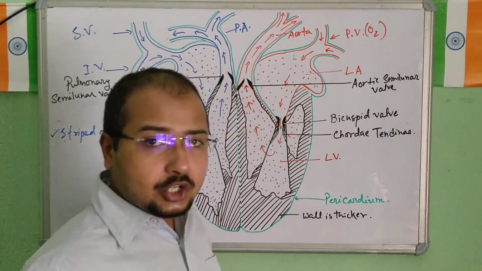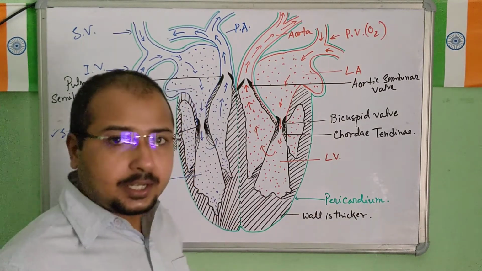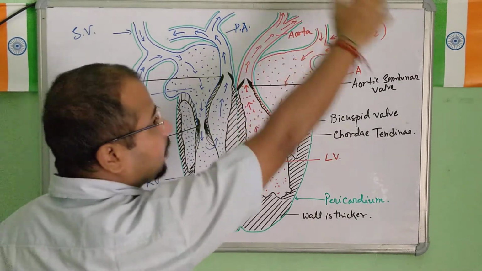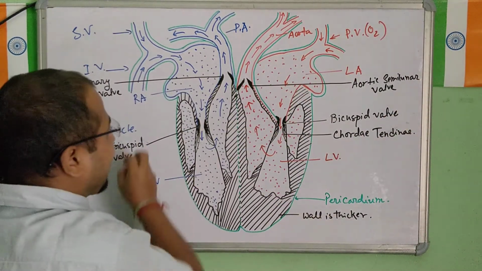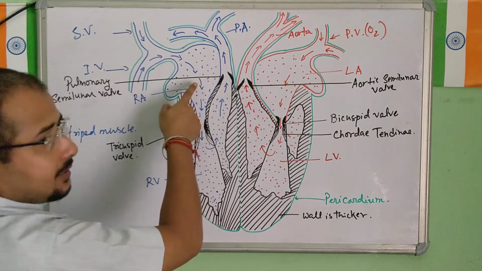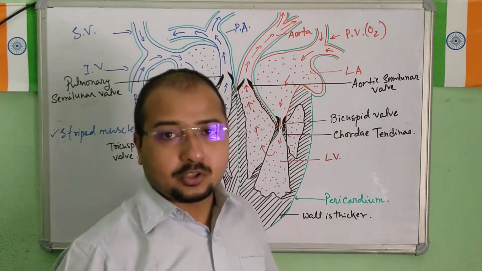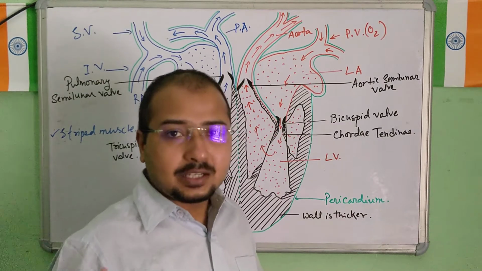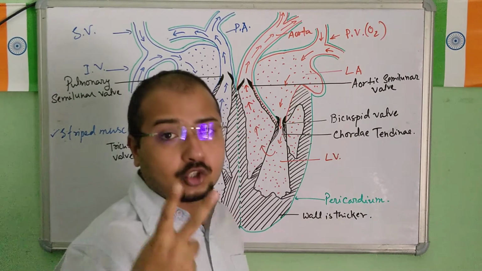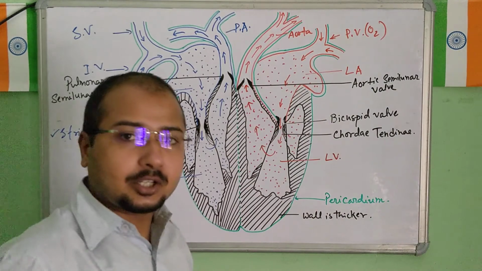Next is systemic circulation, the circulation that takes place between the heart and the rest of the body. Here, the aorta takes the oxygenated blood to the body, it circulates throughout the body, and brings back the deoxygenated blood through the superior and inferior vena cava into the heart, that is the right atrium. This circulation is the systemic circulation. So these two make it a double circulation. These two circulations make the blood circulate through the heart twice, right? This is one way, this is another way. So this is what double circulation is.